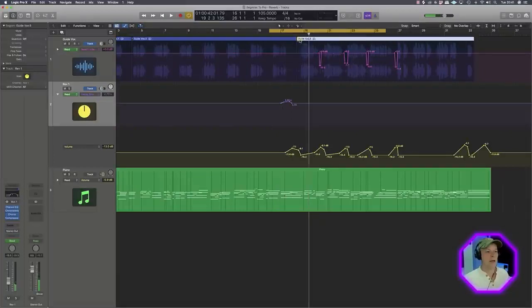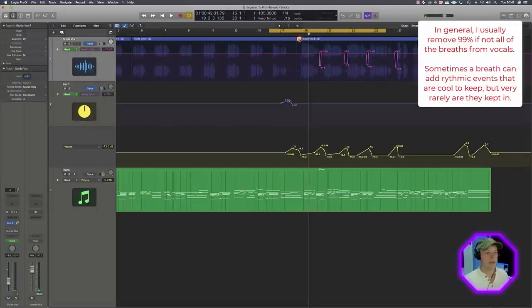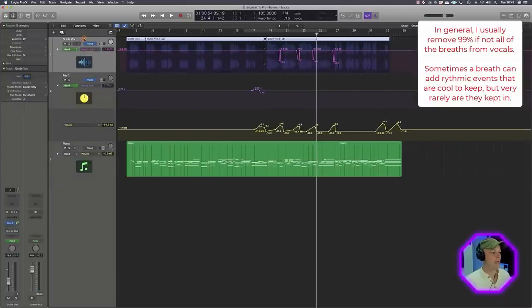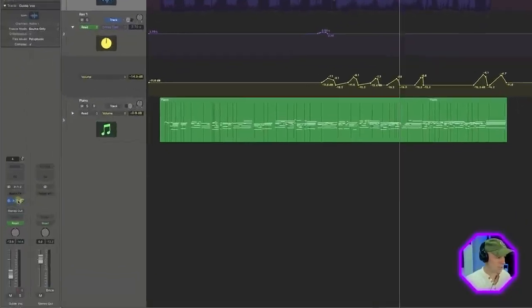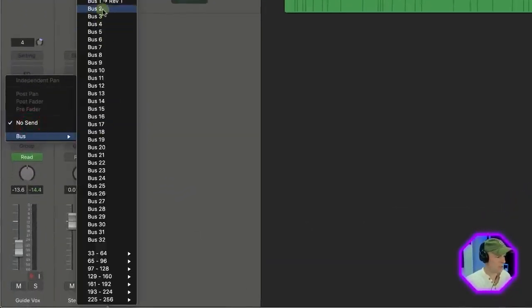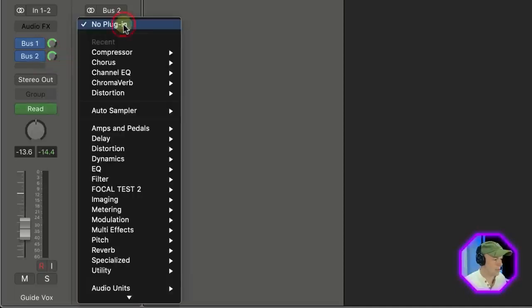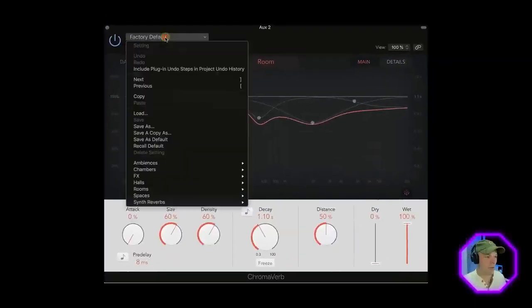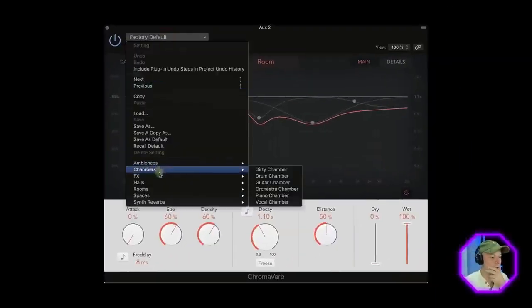Yeah, and this breath here, I wouldn't have that in there either. And then we can say, actually, I'm just going to put another reverb on. So we go to bus 2, put 0 send on that again as well, and then get another reverb. And on this particular thing, what I'm going to do is look for